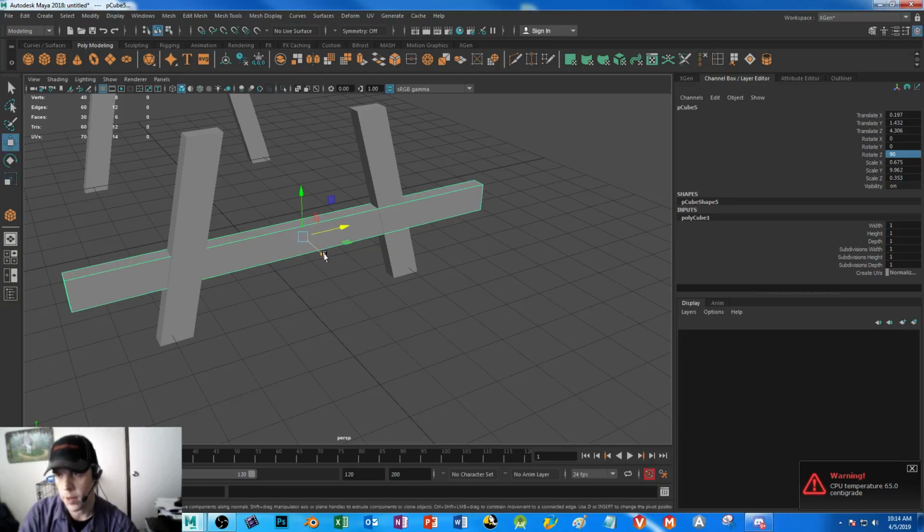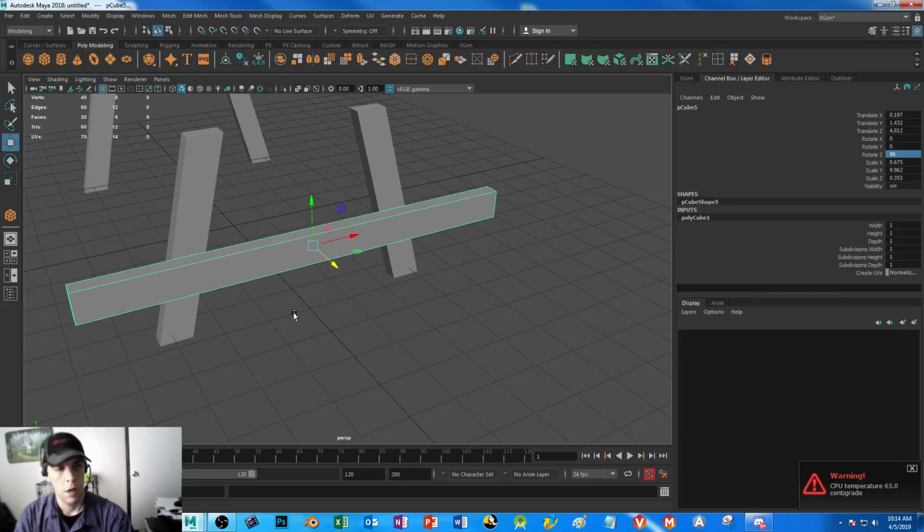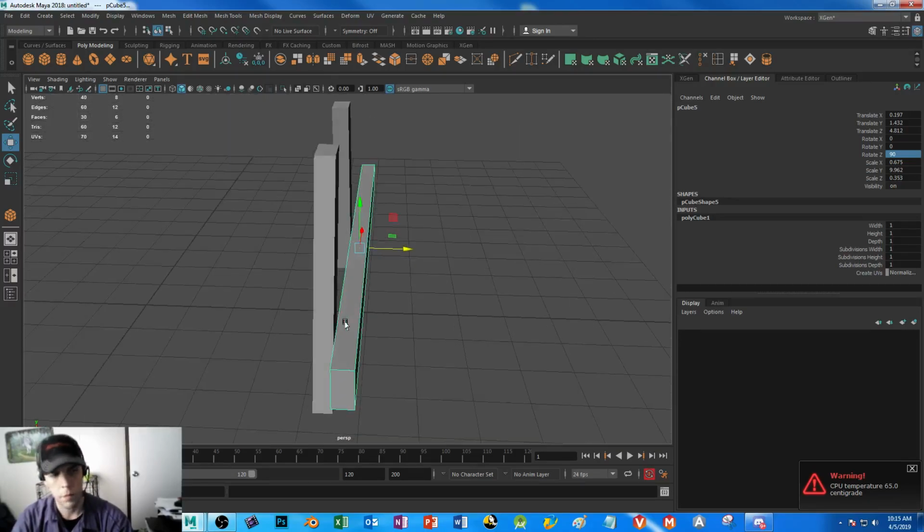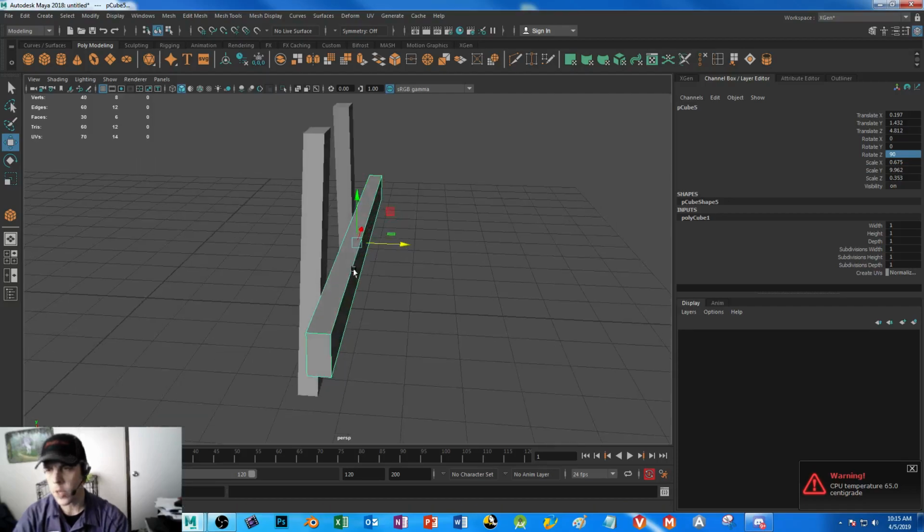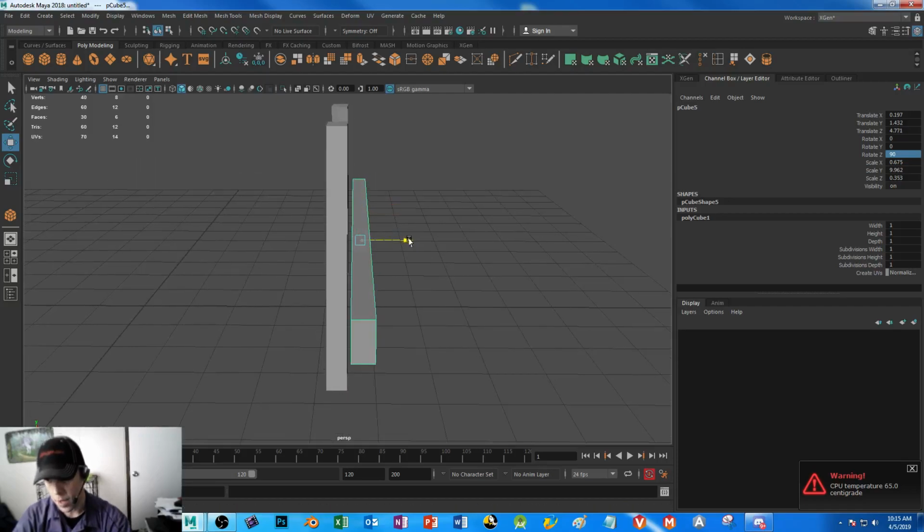Thinking probably right about there. Now whenever I move this out, one thing I want you all to make note of. So I just moved this out here so now you can see a gap. I'm actually going to go in where it just